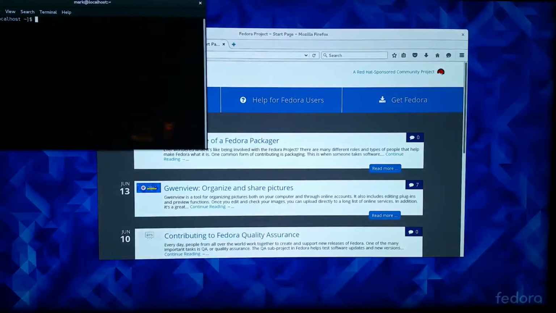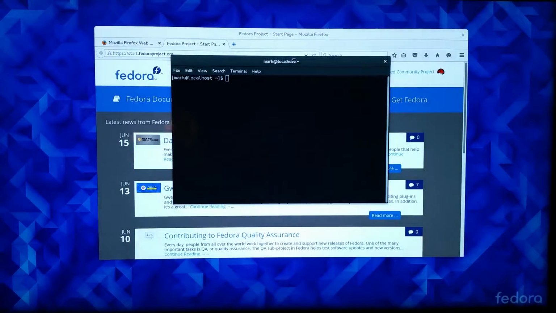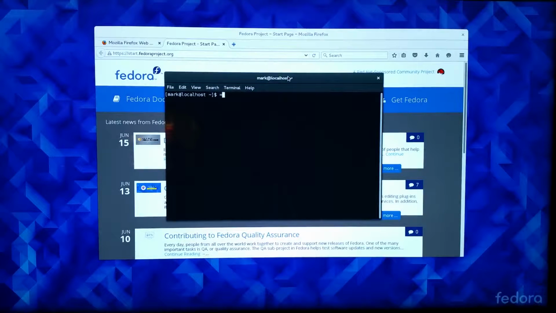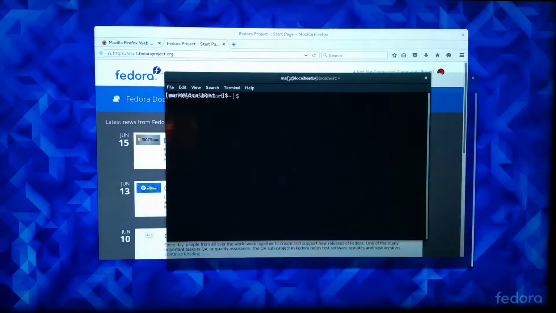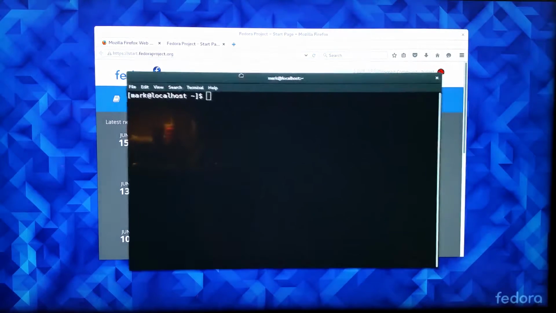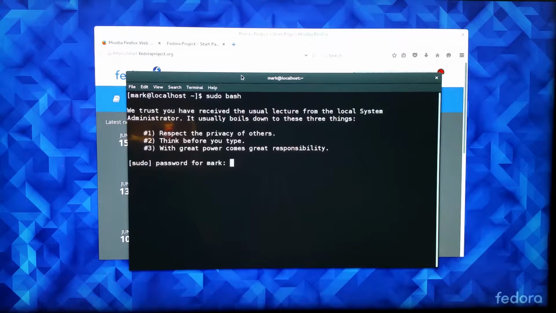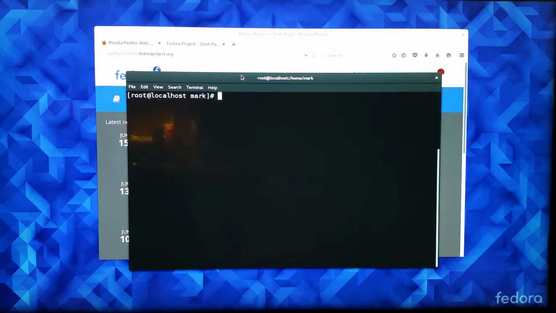I'll put this in the center of the screen. Make everything a little bit bigger. I'm going to become root, clear the screen, and the first thing I like to do is an update, because there's usually quite a few,